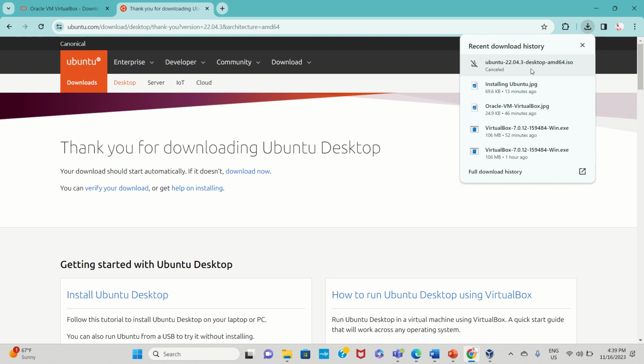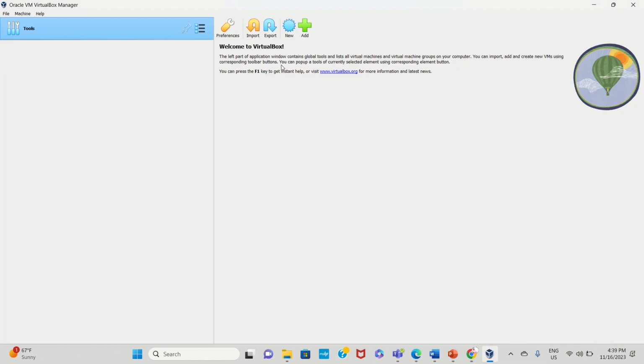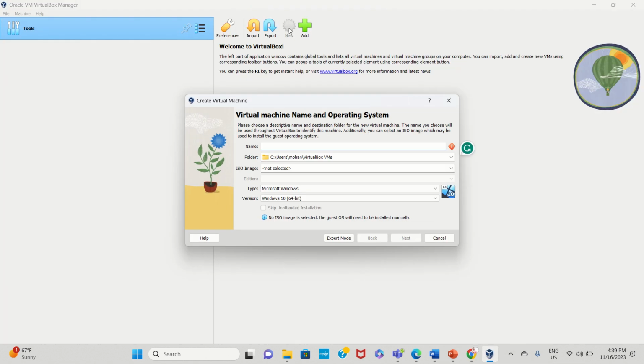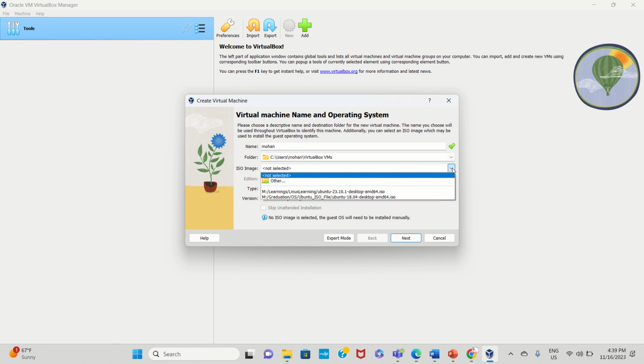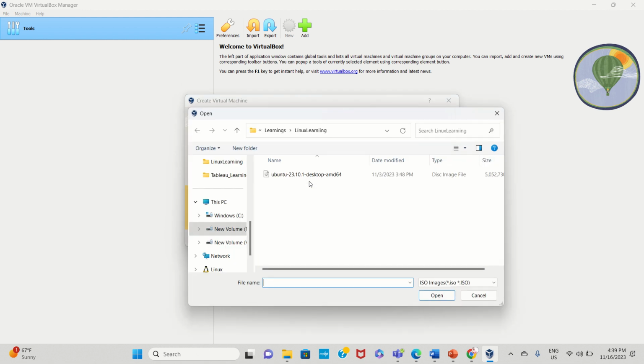What I'll do now is, once it has been downloaded, go to your VirtualBox and click on this New button over here. Once you click on this New button, you give some random name, or some meaningful name, to your virtual machine on which you will be configuring the Ubuntu operating system. So let me give this name as Mohan, and here is where you have to choose the file that you have downloaded. So click on this expand button, click on Other, and